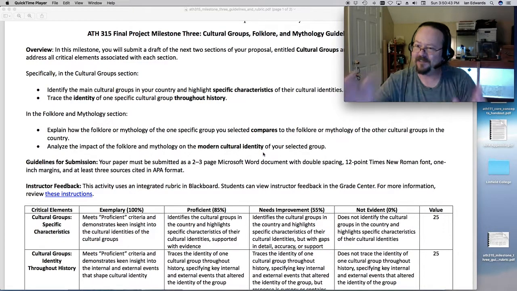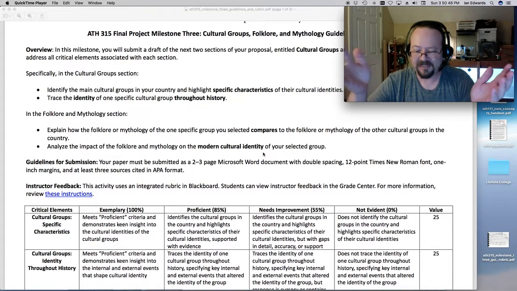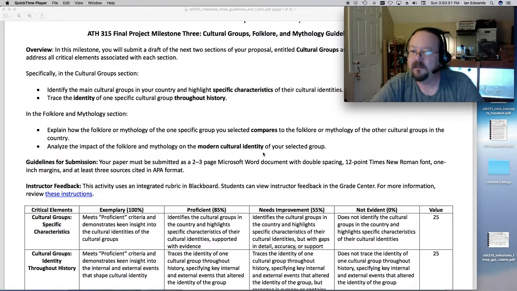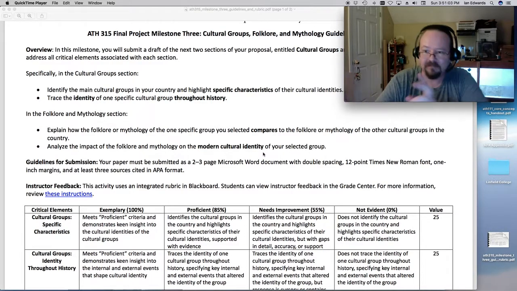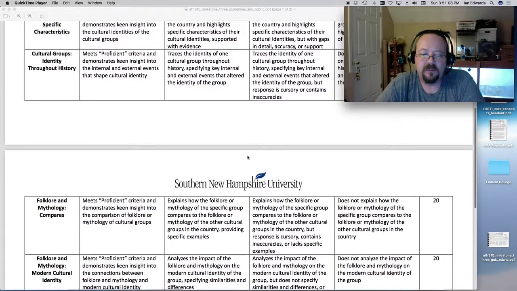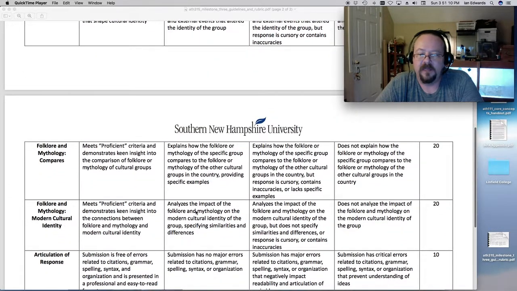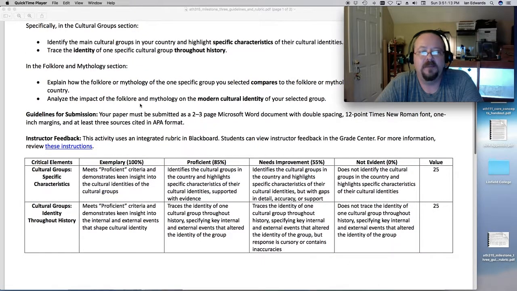We have this idea that you're supposed to achieve a particular way of being. And just as the American dream outlines a way of being, right, kind of myth is charter, okay, so does the wise spider myth from the Lakota, all right? So I'm comparing and contrasting there. Then you want to, this is on to the next element, you want to analyze the impact of the folklore and mythology on the modern cultural identity of your particular group. Okay, so